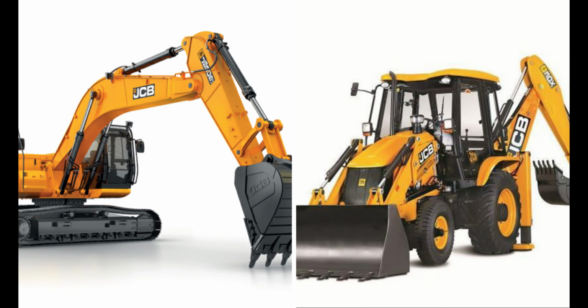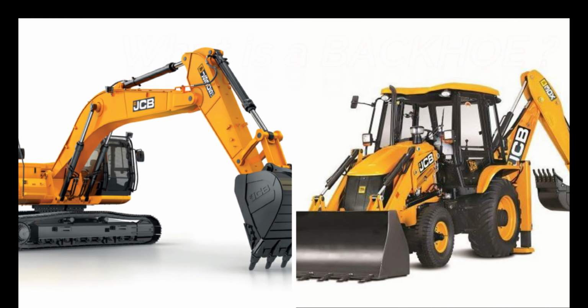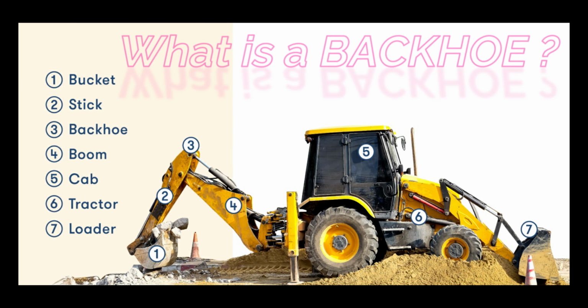The best way to determine which machine is right for your project is to learn the ins and outs of each. What is a backhoe? A backhoe is an excavation machine comprised of a standard tractor base that supports a digging bucket on the end of a jointed two-part arm. The opposite side of the backhoe will often have a front loader attachment, in which case the backhoe is technically called a backhoe loader,